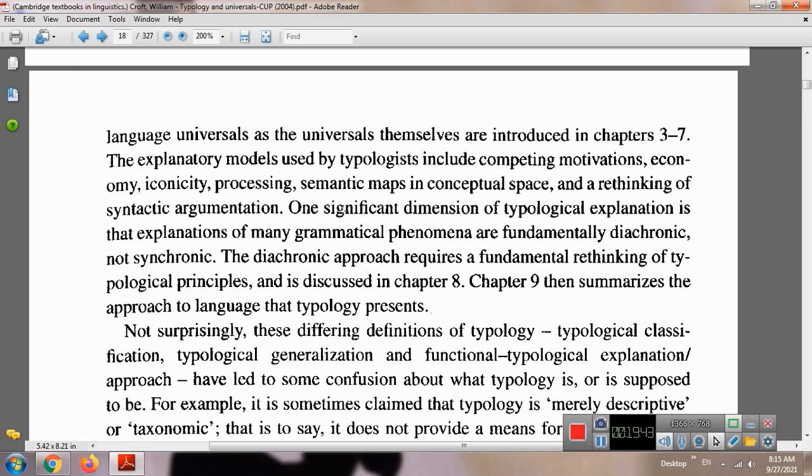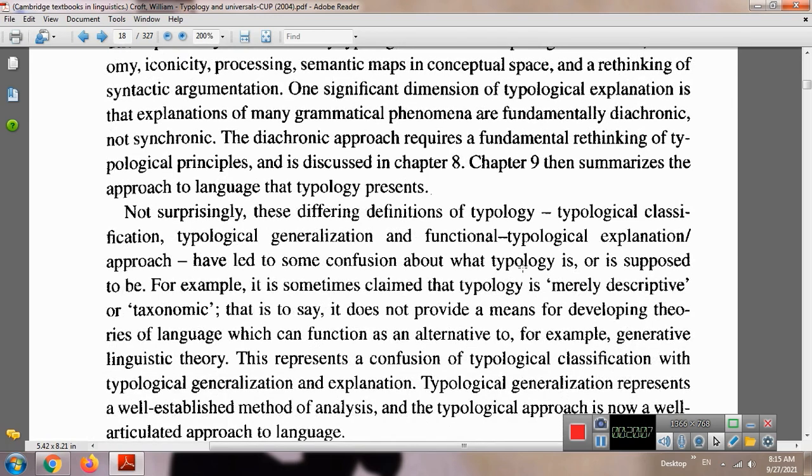One significant dimension of typological explanation is that explanation of many grammatical phenomena are fundamentally diachronic, not synchronic. The diachronic approach requires a fundamental rethinking of typological principles and is discussed in Chapter 8. Chapter 9 then summarizes the approach to language that typology presents. Not surprisingly, these differing definitions of typology, typological classification, typological generalization, and the functional typological explanation approach